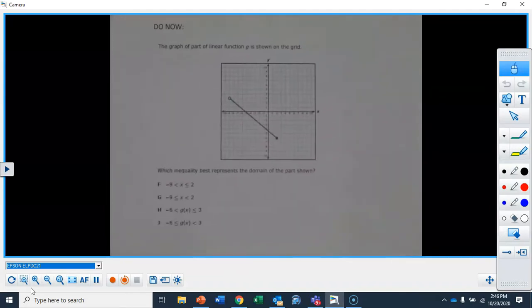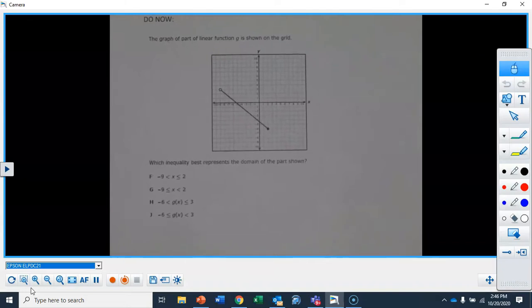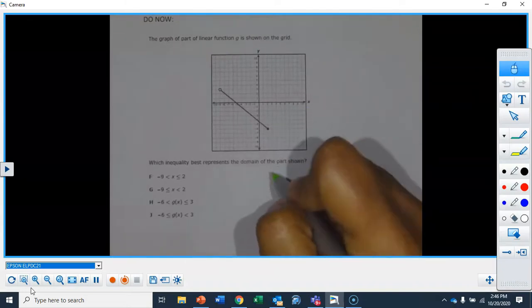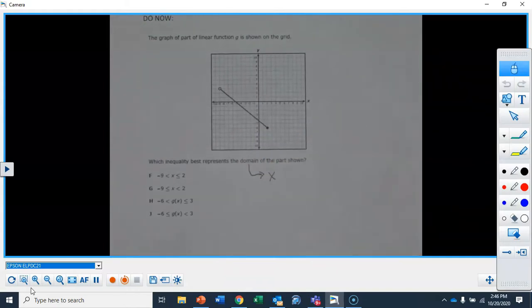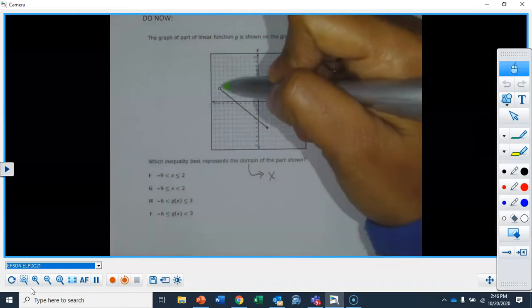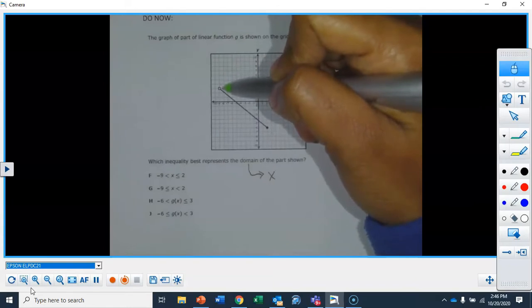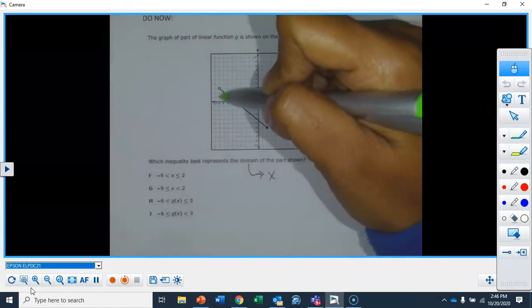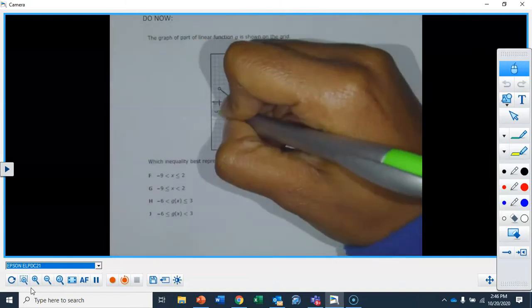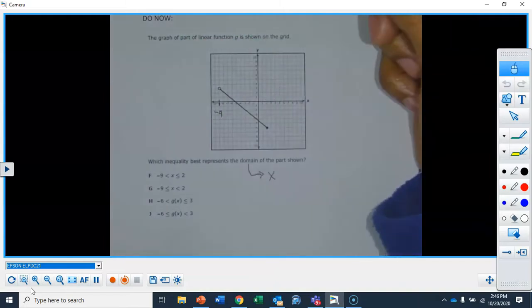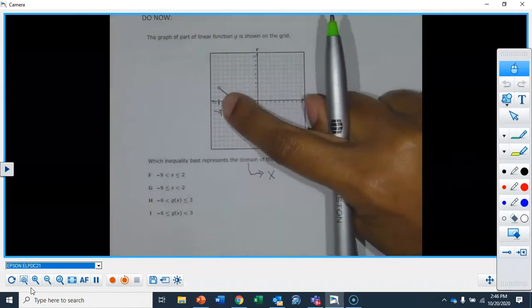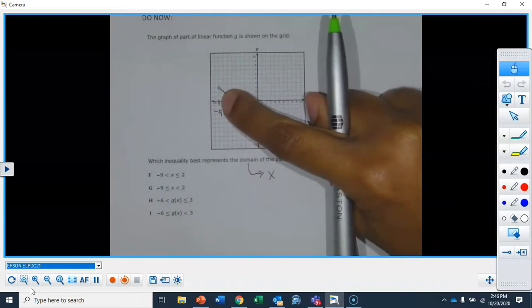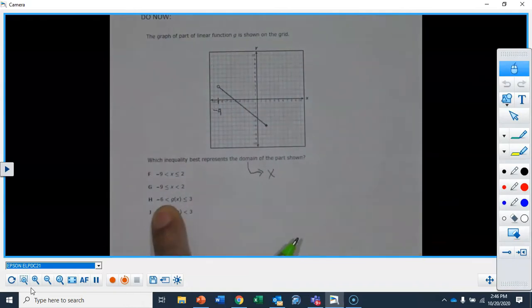Just real quick, remember when they talk about the domain, they're talking about the x values that describe the function. So what are your x values doing on this graph, right? I told you guys the way to do this is go to the furthest point over to the left on the graph. I know it's really hard to see, this is -9. Because it's an open circle, that means you're not equal to that value, and I'm looking on the x-axis, okay? So far, I don't want something with a -6.